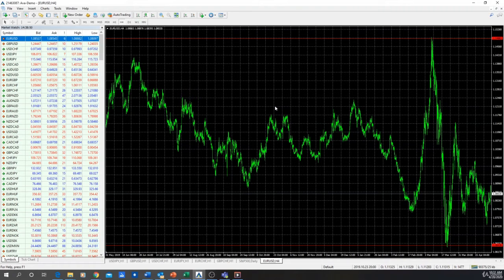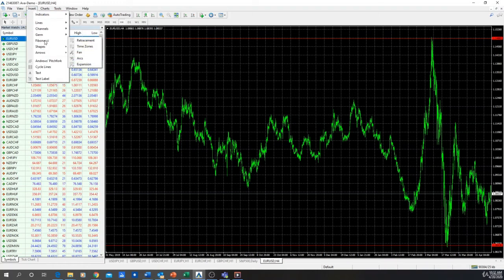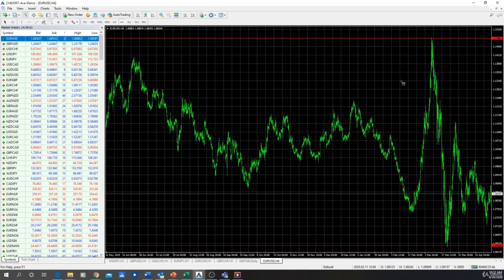So once again, you will see it's very, very subjective. Normally, how you want to use a Fibonacci is you will go on Insert and simply click on Fibonacci here. You'll use the retracement. So you will take the highest point ever and come back to the lowest point ever if you want to open up a sell order, for example. So theoretically, when you have a Fibonacci, you want to enter the trade somewhere around 61.8 because those are key